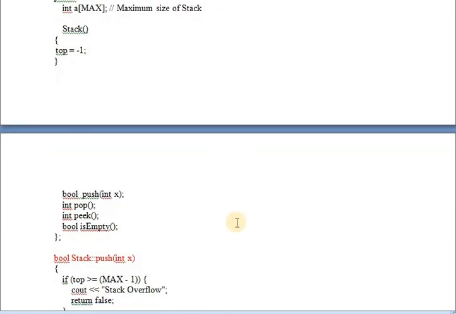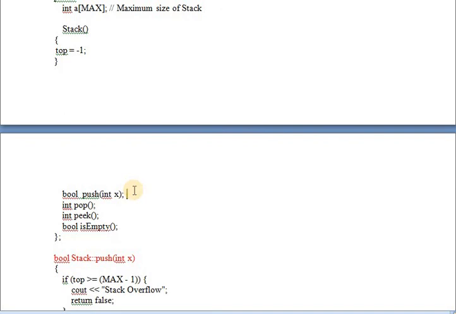Now these are the operations we are going to perform in the stack. So boolean is the data type, push is the function name, and int x is the argument. Already I have said that before studying C++ using data structure, you should be aware of functions clearly.